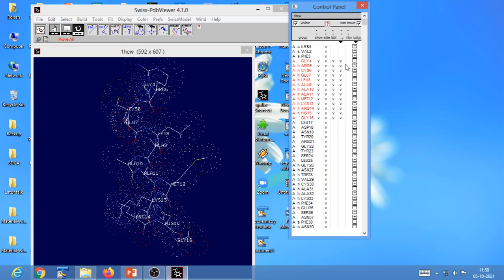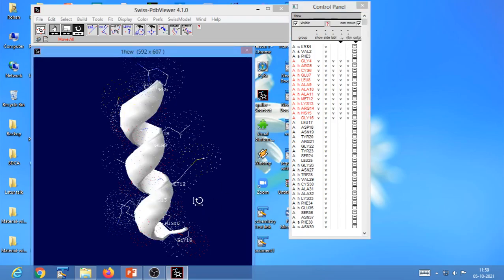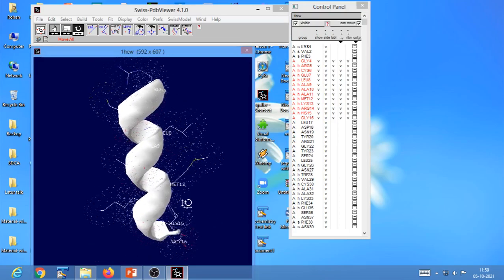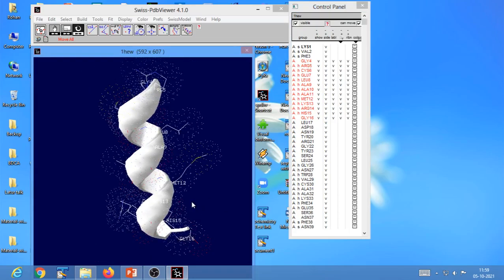Okay, similarly, if you click on this button, on this ribbon heading, it would now show the secondary structure over here in ribbon form. So now clicking the word ribbon draws a very smooth stranded cartoon of the selected backbone. Okay, so clicking a word, what we call the heading,